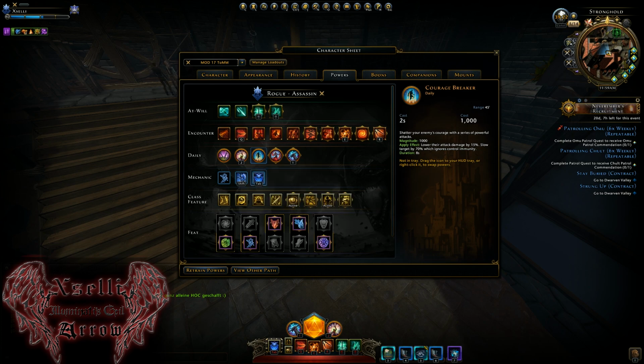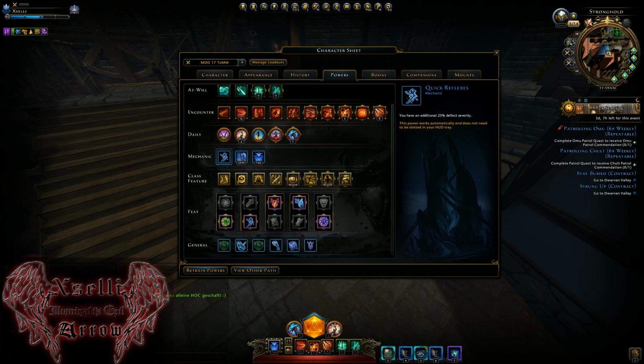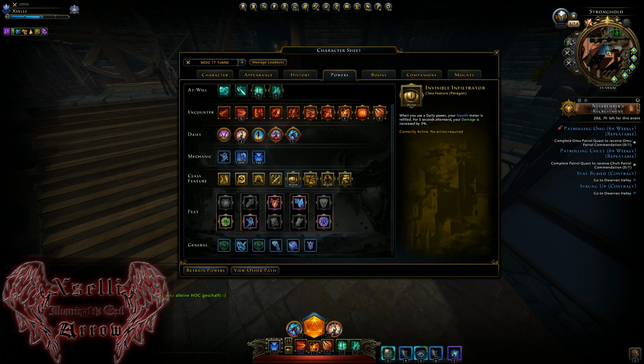I don't think I need to talk about the mechanics. It's just steal and roll and quick reflex. Well, not really interesting. So for the class feature, I'll always have